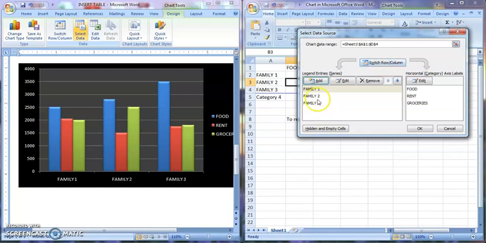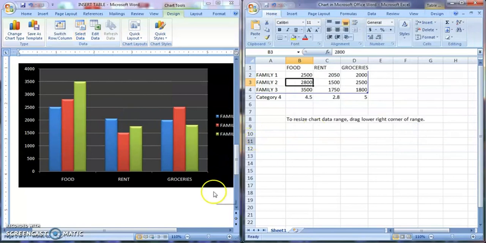What happens, you can see now family 1, family 2, family 3 are now in the legend entries. So what you call the column header in the graph, you call legend entries, and food, rent and groceries are on the horizontal axis. If I give OK here, then you can find the change now.